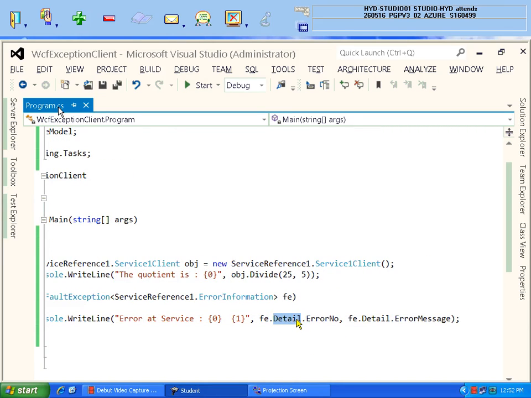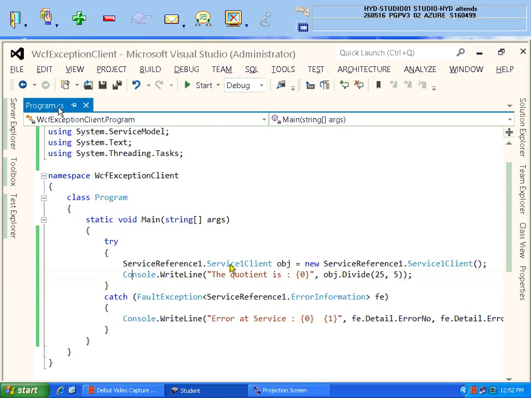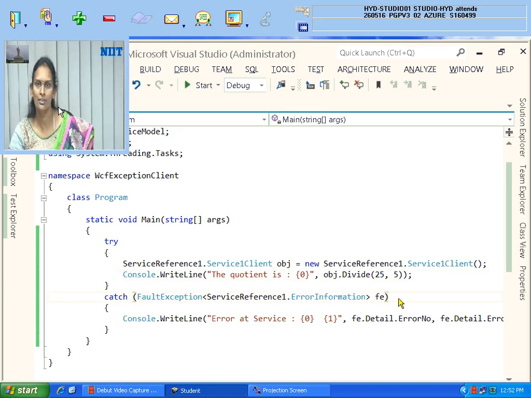This detail is a predefined name that receives the object sent by you. So fe.detail.error number and fe.detail.error message are what you can display. And if there are no errors, it will not come to the catch block directly; it will run and display the normal answer. This is how exceptions are handled in your service.